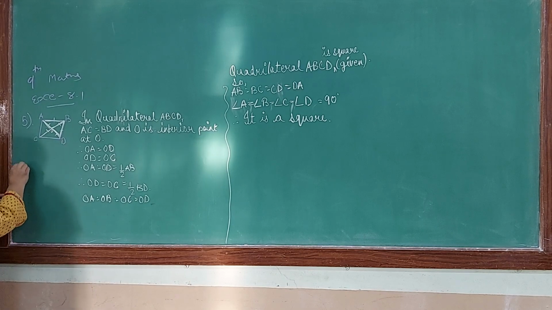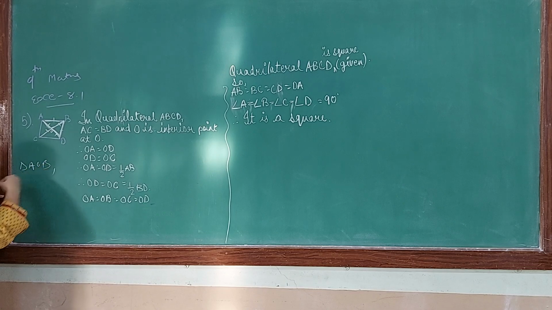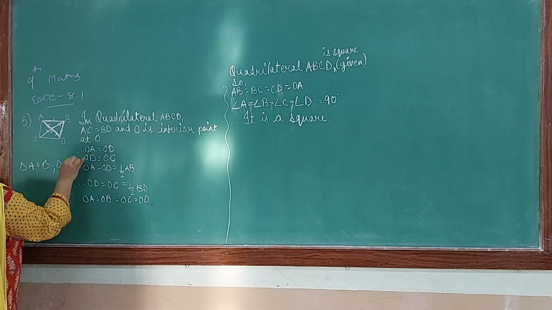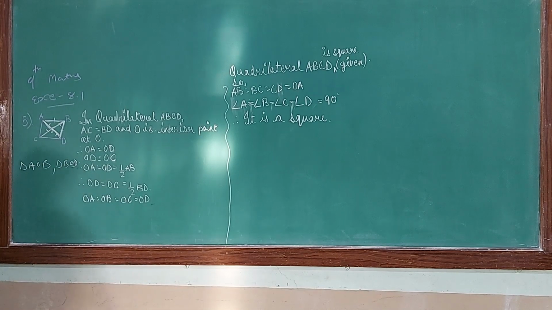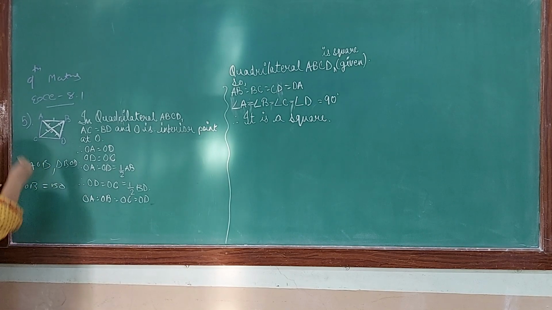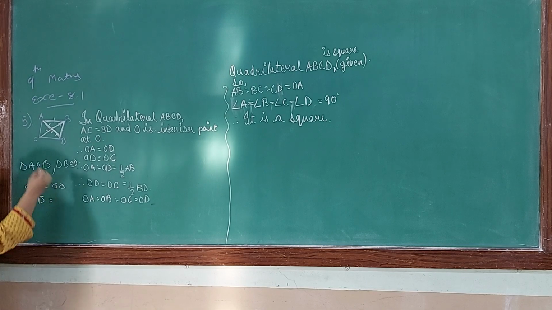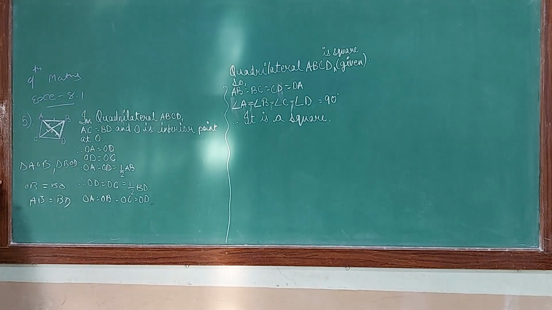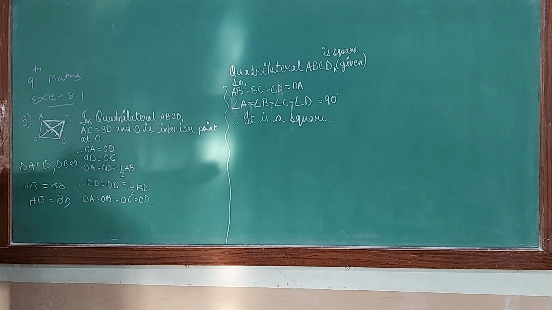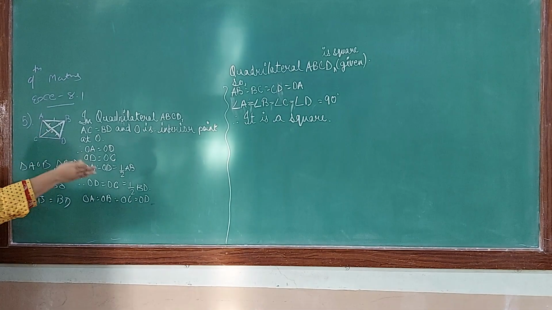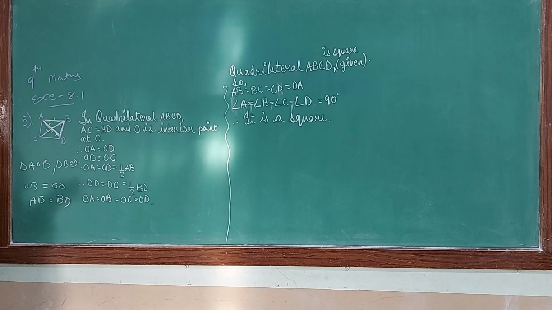See, if we discuss triangle AOB and triangle BOD, if we discuss both, then what can we say? OB equals BO, then AB equals BD from the given, right? In the question it is given. So these two triangles are equal, then similarly the opposite triangles are equal. So by using this we can say that this ABCD is a square. Okay.